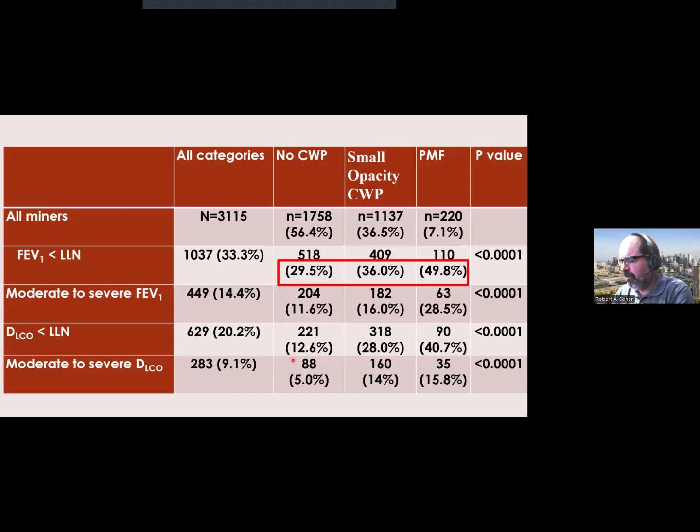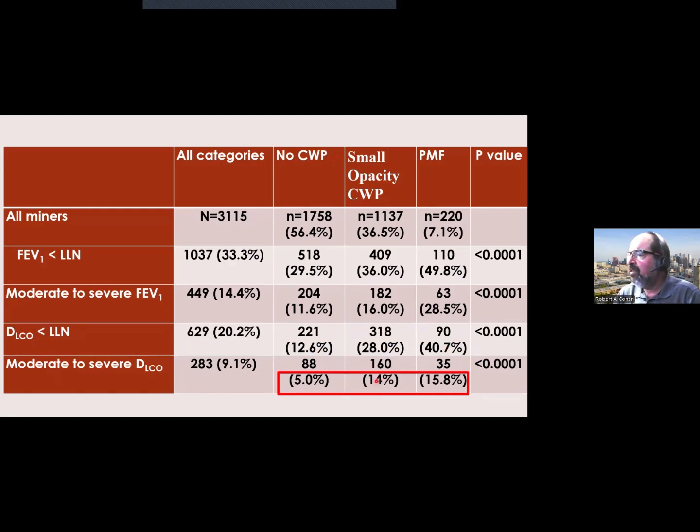And then in DLCO, there was also a dramatic increase. And you can see that this increase for DLCO was more than double those with no disease. So if you had normal chest X-ray, 12.6% overall had a diffusion capacity that was less than the lower limit of normal, but more than double when they had small opacity disease, and then up to 40% when they had progressive massive fibrosis. And then the same pattern of more than double, almost 3 times the number of people that had small opacity disease had abnormal diffusion compared to those